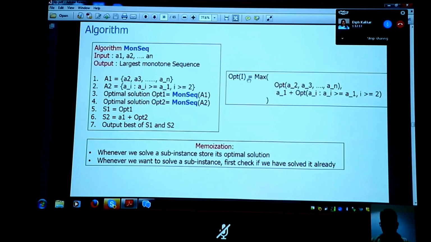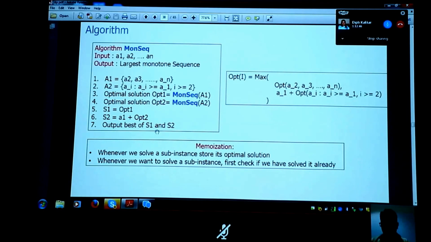And this can be succinctly represented in this manner, right? Opt of I is the best of A1, A2 to AN. No, this is just throwing away that A1. Or pick A1, get its profit, but in the sub-instance you get, you kill all the people who are less than A1. You pick only elements greater than A1, right? So this is the succinct way of writing the same algorithm. While writing dynamic programs, most of the time people will simply give you this recurrence relation. Don't even bother to write algorithms. Just tell me the recurrence relation. That's good enough actually. That tells the entire solution more or less.